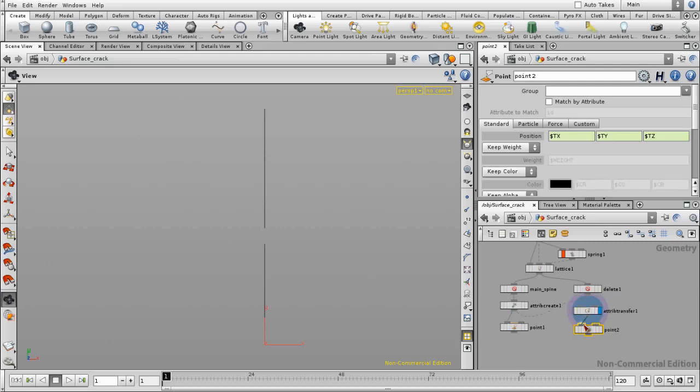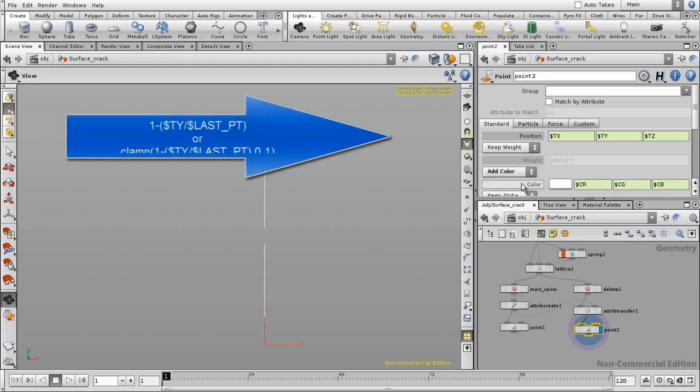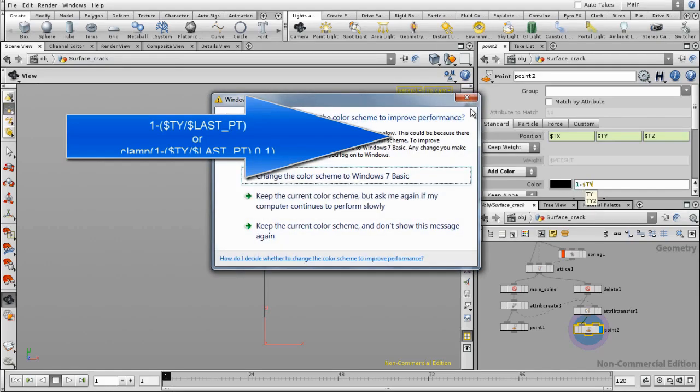The expression here will be the same expression that you used before to apply the point color to the main stem. So I'll toggle the display flag on for the point SOP. I'll change keep color to be add color. I'll delete the channels, set all those channels to be 0. And then for the red channel, we'll put in the expression again, which was 1 minus $ty, the position on y,